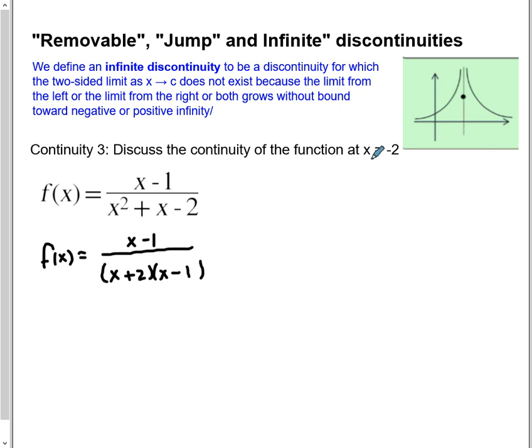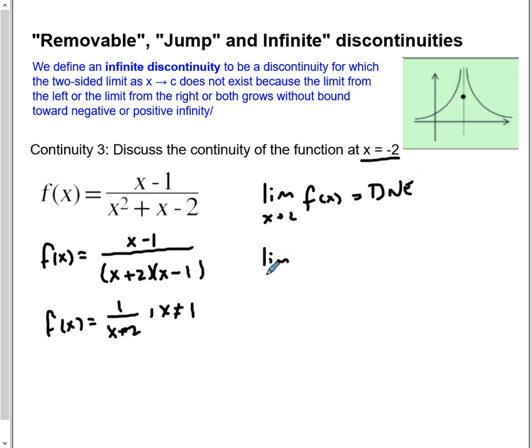And if we look at what's going to happen at x equals negative 2, we're going to see that this is not going to exist, because even though we cancel the common factor of x minus 1, we're still only concerned with what happens to this limit as x approaches negative 2, right? So 1 over x plus 2, as long as x is not equal to 1, and that's not an issue. And we're taking our limit as x approaches negative 2 of f of x. And we're going to find that that does not exist,